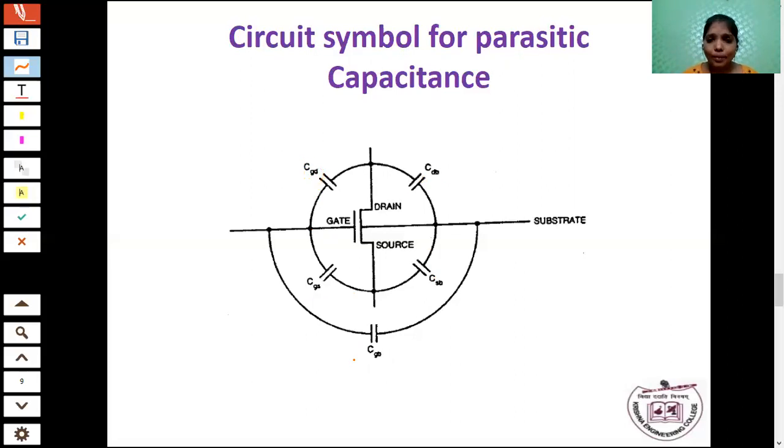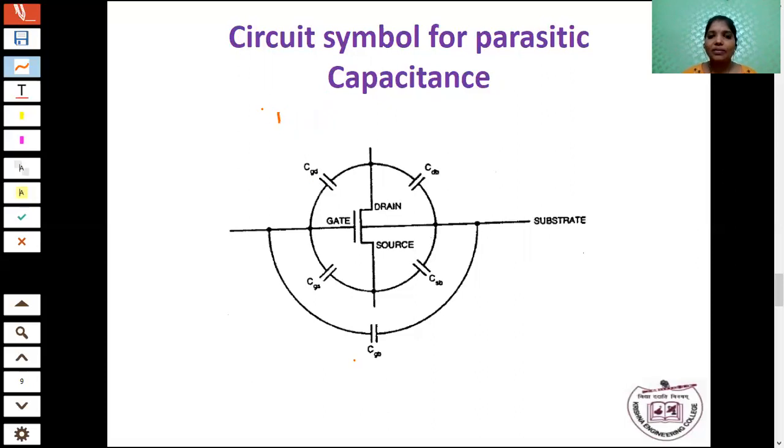Another important thing is that generally the resistance value is inversely proportional to the width. If you are increasing the width, automatically the resistivity of the material is decreased, because I already gave the formula R is equal to Rs into L by W. So the resistance value is inversely proportional to the width. When the width increases, the resistance value decreases. If the width decreases, the resistance of the material increases.